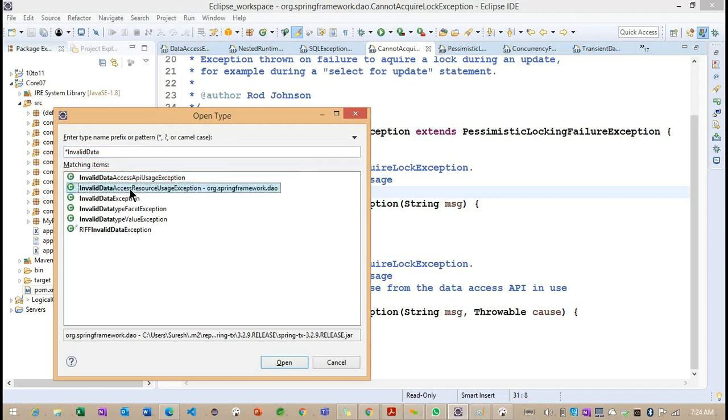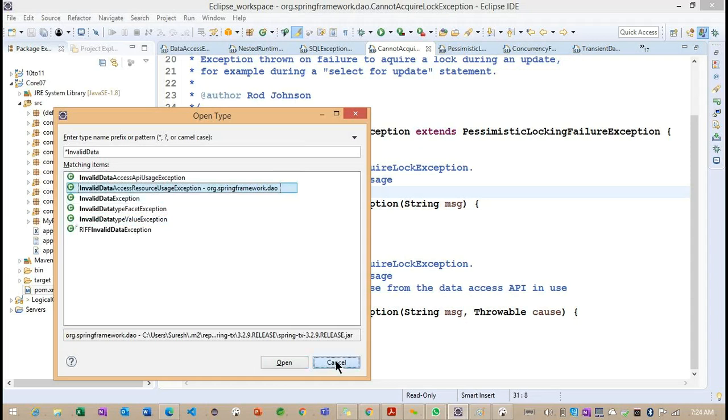This is also coming from the same package, invalid data access resource usage exception. Invalid data exception is not our class. These three are not our classes. Finally, these two: invalid data access API usage exception and invalid data access resource usage exception.